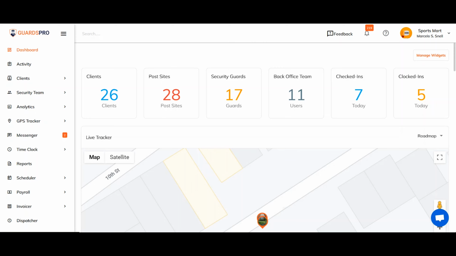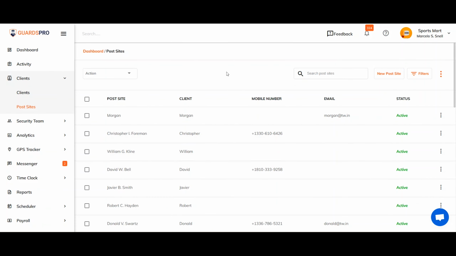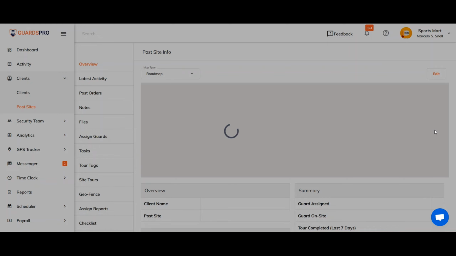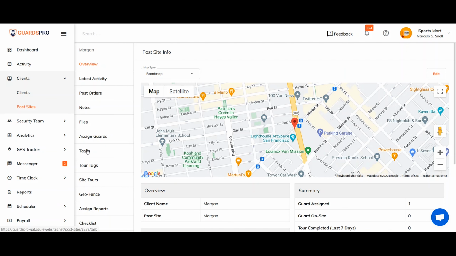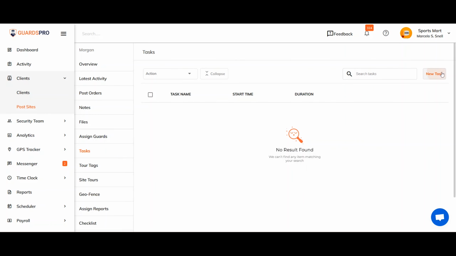To create tasks for your security guards, click on the Clients tab on the main menu and select the Post Sites option from the drop-down. Next, you can refine the list of post sites by selecting the client or category of sites for which you want to create a task. Now, click on the post site where you want to create a task, or click on the Action button and click View Details. On the Tasks tab, simply click on New Task to create a new task for the post